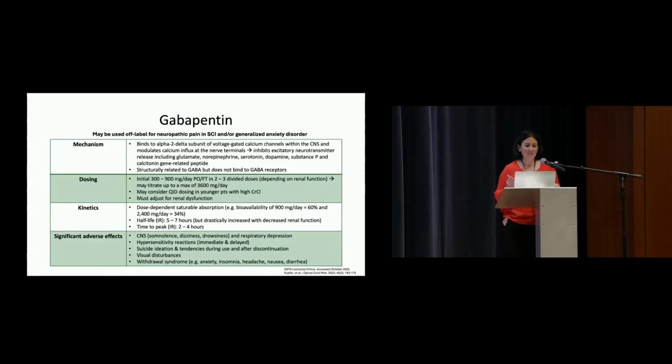So as your dose increases, it relies on nutrient transporters across your intestine for absorption. And giving more or presenting more drug to the GI tract doesn't necessarily increase your absorption. And so with increasing your dose, you're not getting a doubling of your serum concentration. It's much less absorption. So that's something important to keep in mind. Sometimes what we'll do in patients is dose it every 6 hours instead of every 8 hours to kind of optimize that absorption in patients, especially in our younger patients with higher GFRs.